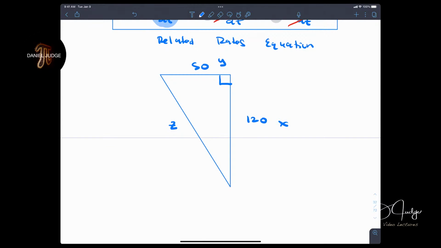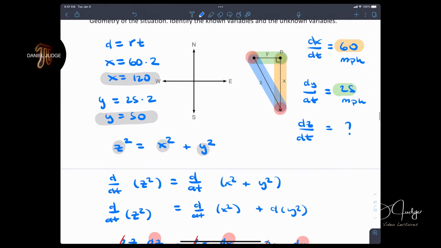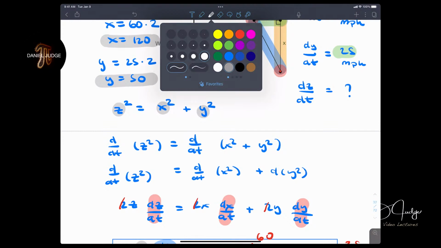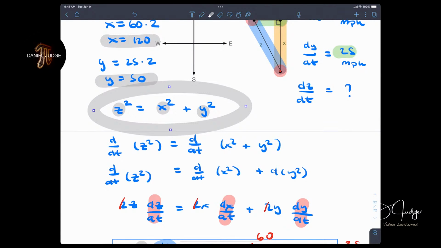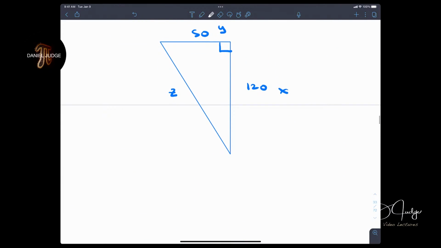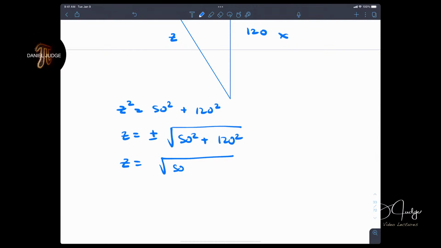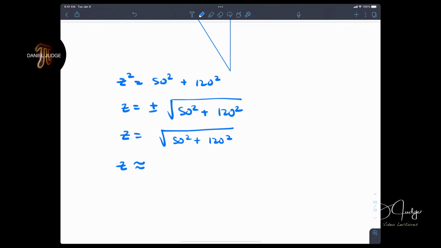Now, since this is a right triangle, we can very easily get z by the Pythagorean theorem. This is what we know. So by the Pythagorean theorem, z squared is 50 squared plus 120 squared. And z will be plus or minus the square root of 50 squared plus 120 squared. z is positive. So z is going to be approximately,